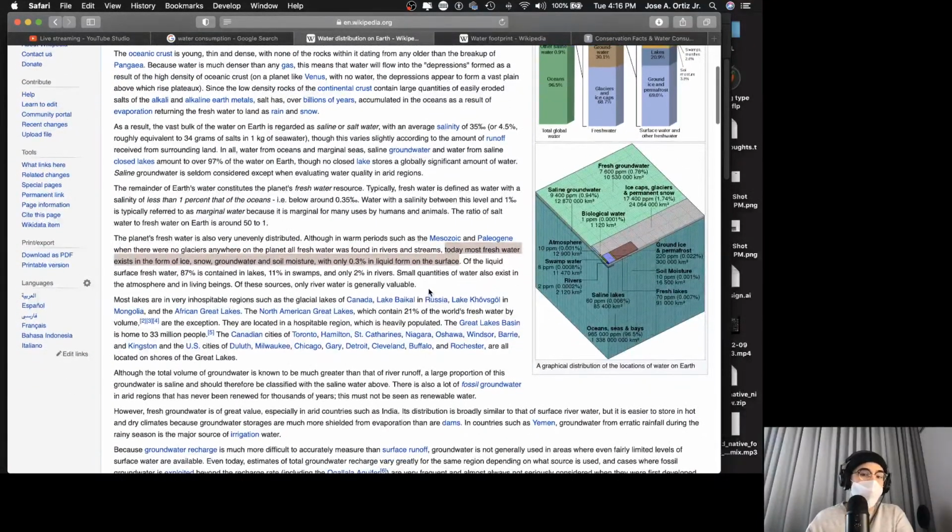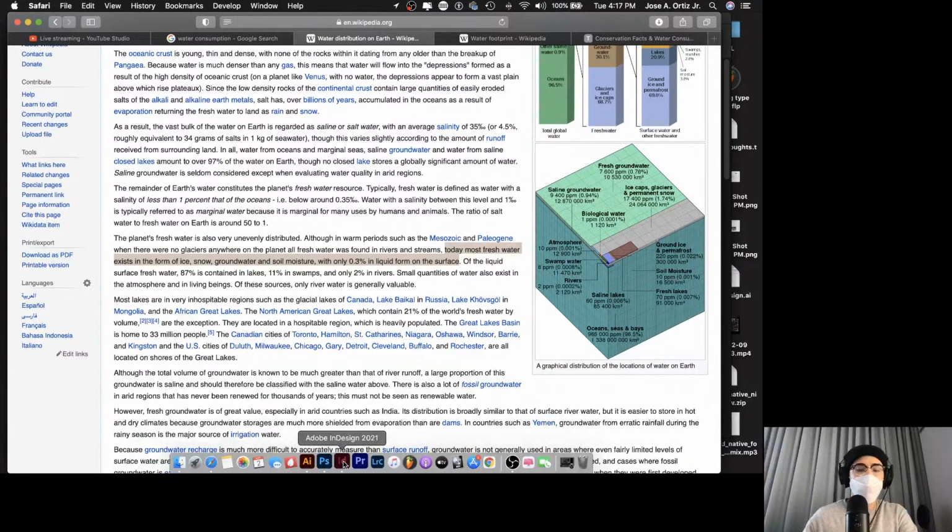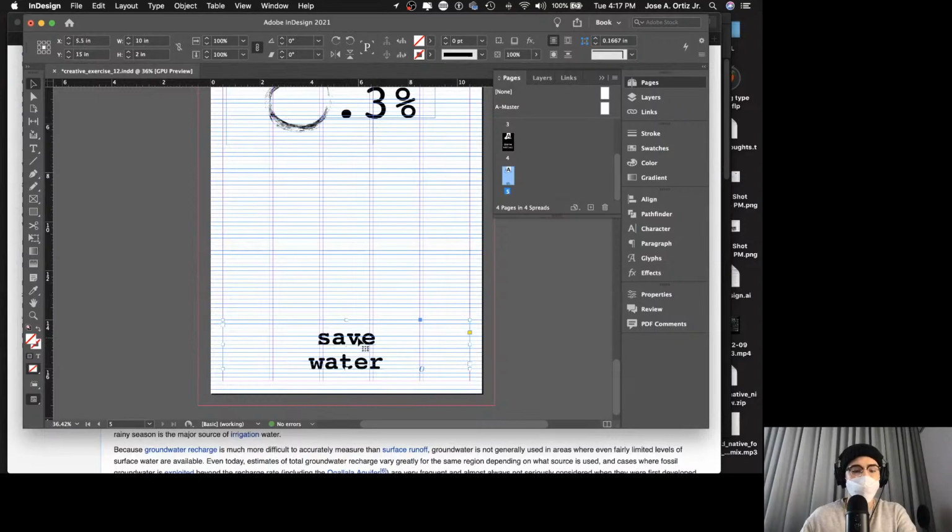Most of that 1% of fresh water in total exists in the form of ice, snow, groundwater, and soil moisture. So we really only have 0.3% of the entire total water on Earth that's available in liquid form on the surface for us to use. That's a very small number. That's the number I want to highlight. So I'm going to hit Command C, copy that little sentence, go back into InDesign,